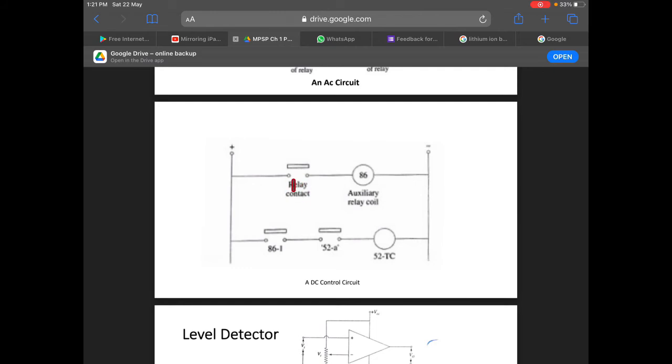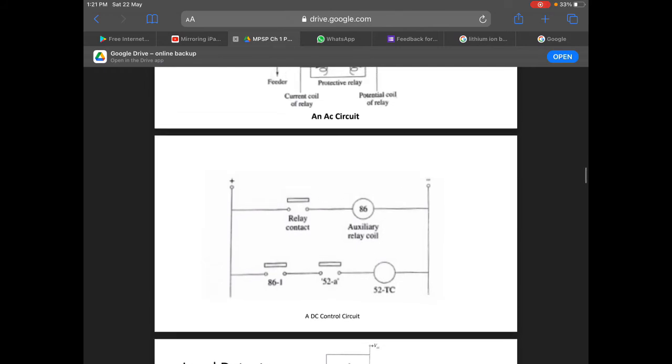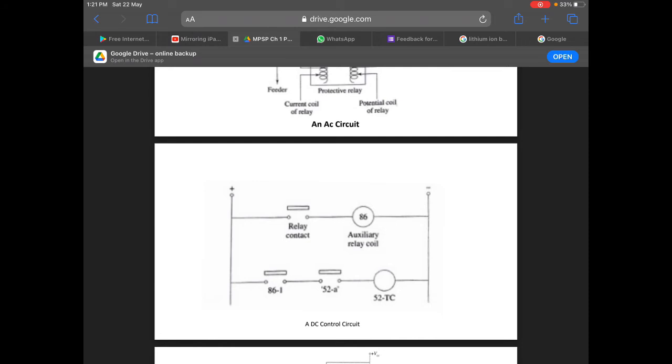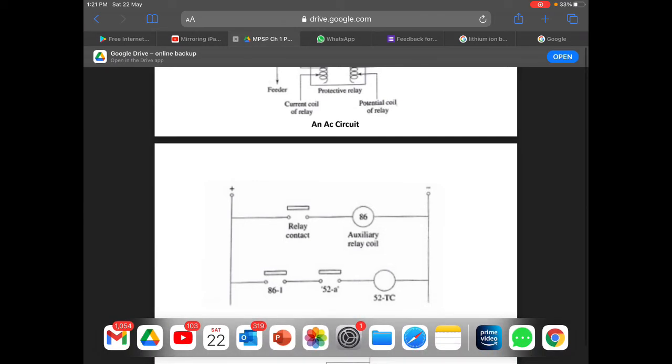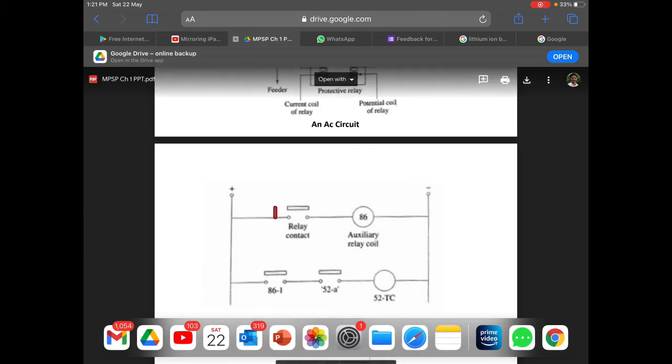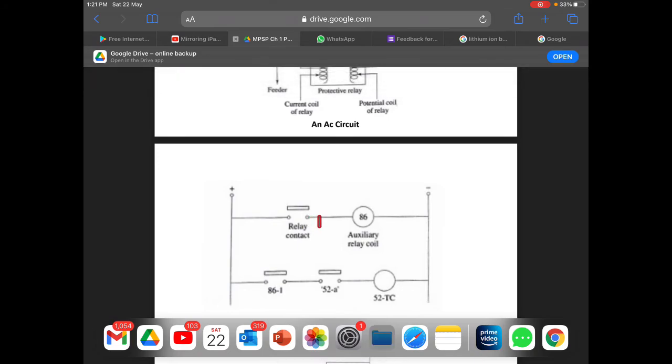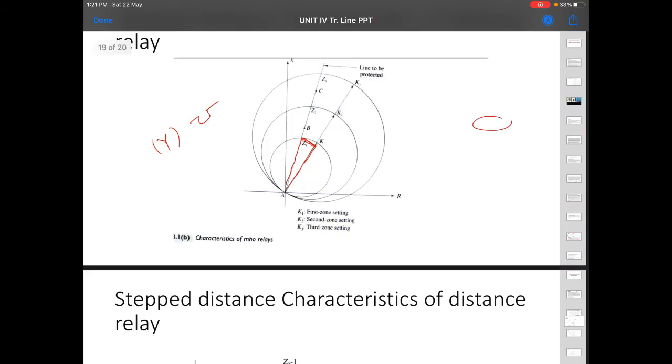The relay contact is the one where the disc rotates and makes the contact. You remember it, right? There is a disc. I cannot draw on this page, I can draw on this PDF, but you remember this, right? See, there is a disc, and here there is a pivot. And we have something called a contact. It would be earlier here, then it would go and make the contact here. Once it makes the contact, there is an auxiliary coil here. I'll draw it here.